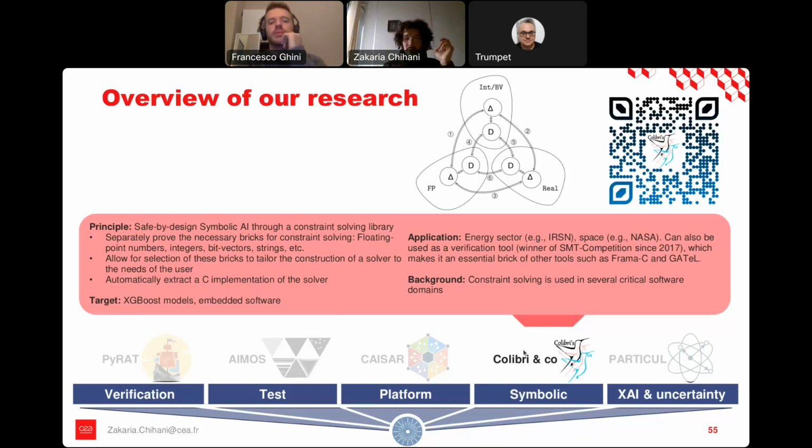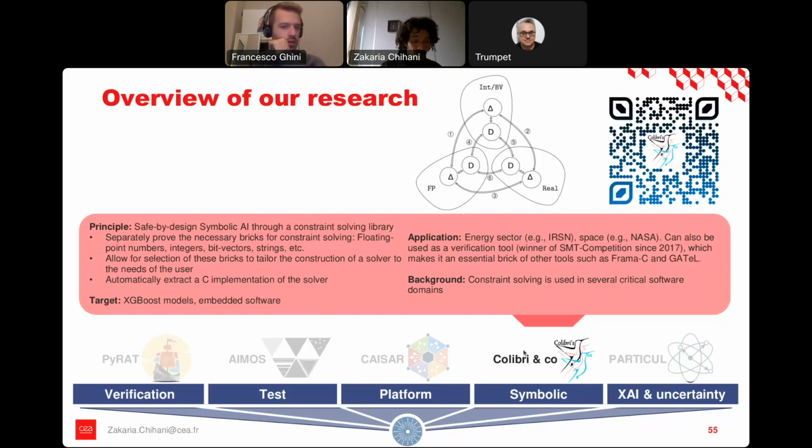And the reason we do this is because we have partners that need solvers to be embedded into constrained environments, and so the C code is good for that. It's closer to the machine. And another thing that's good with Colibrix is that the pun with bricks is